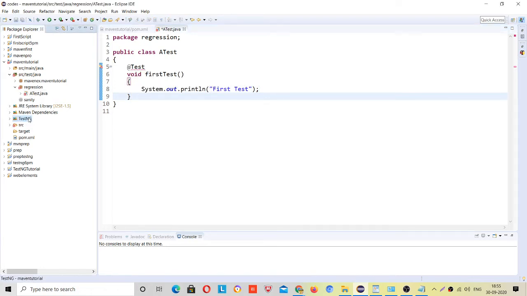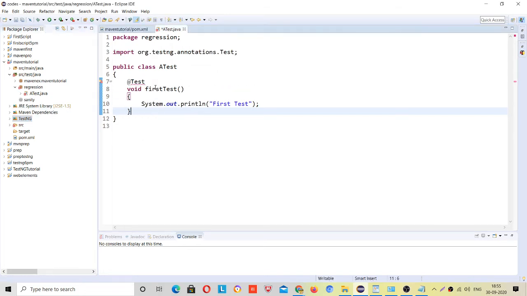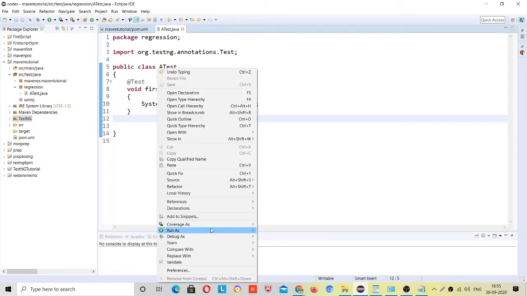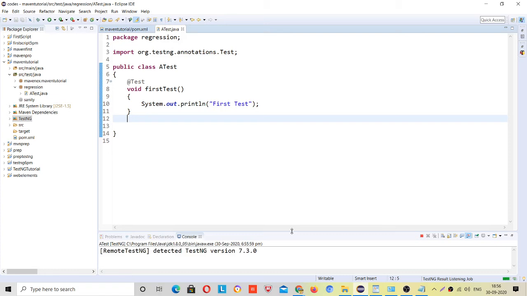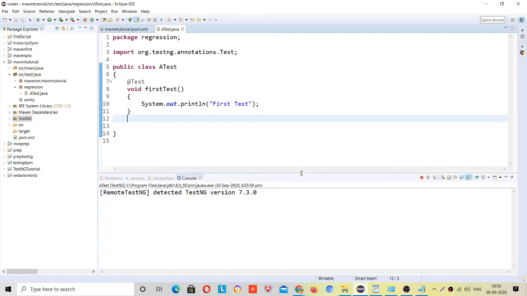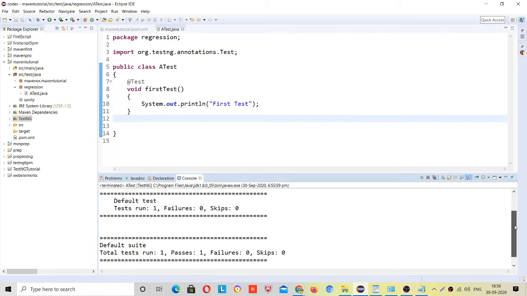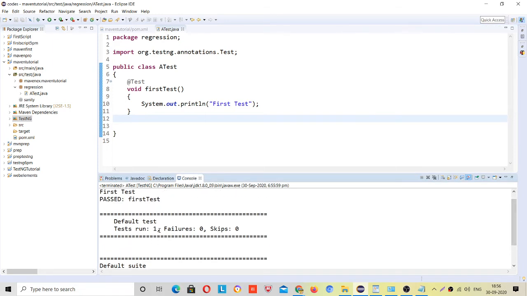See, this TestNG is now added inside your memory. Now again go and import annotations, right. Okay, now I will run this. See, tests run 1 and passed 1, right.